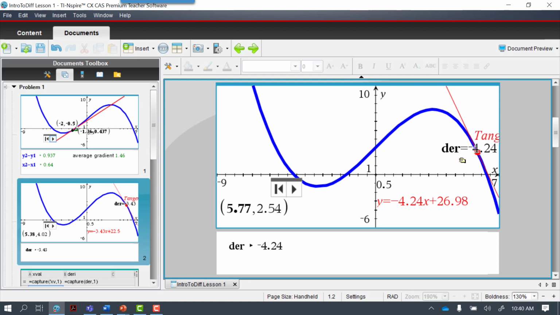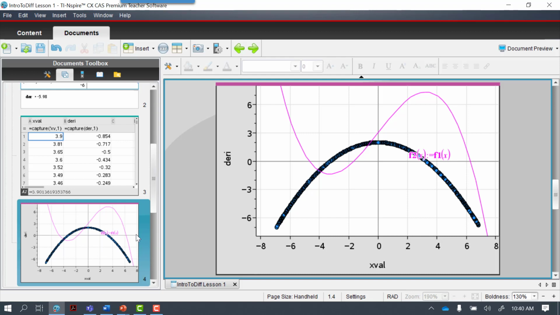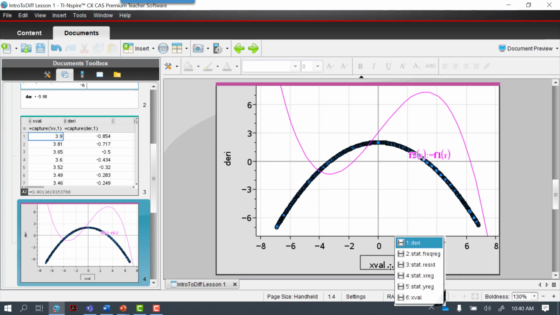So for every point that I have taken for x, I have got the derivative or the gradient, and if I was to put that as a separate curve, which I have got over here, you will see I've got all these points accumulated. So I captured all those points. So that's my original function there. And this black one over here, which is actually an accumulation of a whole lot of points, is my derivative curve.